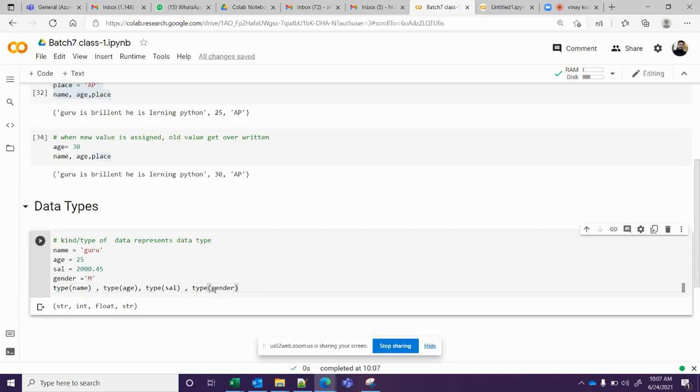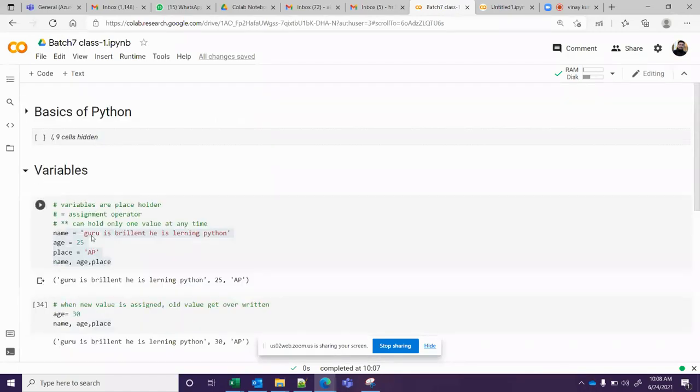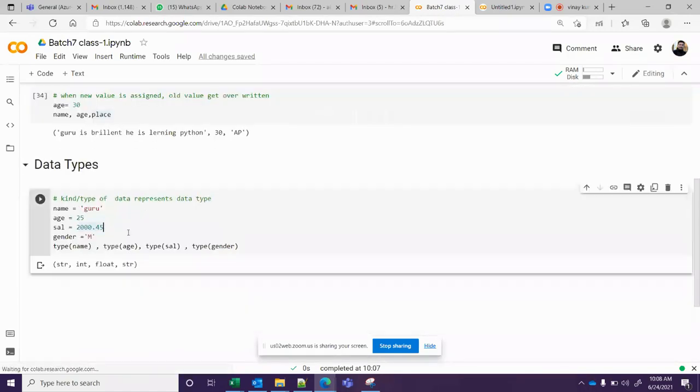These are called native or primitive data types. So we have integer, float, strings, and there is no char data type. These are some of them. So now you are hopefully understanding what is a variable and what is a data type.